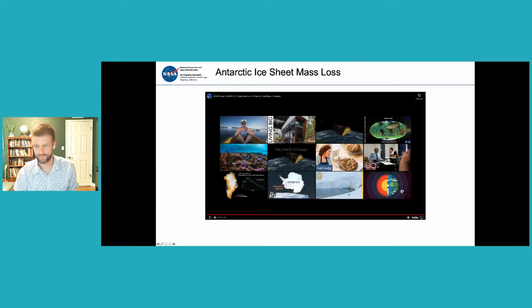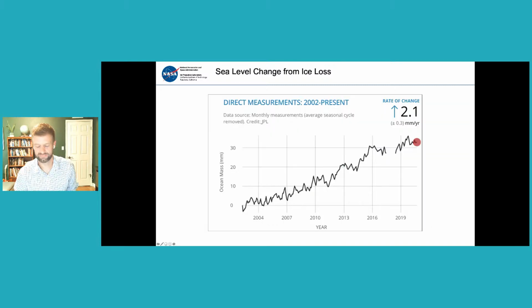Okay, so if we take these measurements from GRACE, and similar to what we did with the altimetry, we have these measurements everywhere across the globe. We can average all of those together. So the contribution to sea level change from this ice mass loss is about 2.1 millimeters per year. I said previously it was about 3 millimeters per year from altimetry. So we can assess from these satellites that over the past decade plus, about 2/3 of that global sea level rise is coming from ice mass loss.